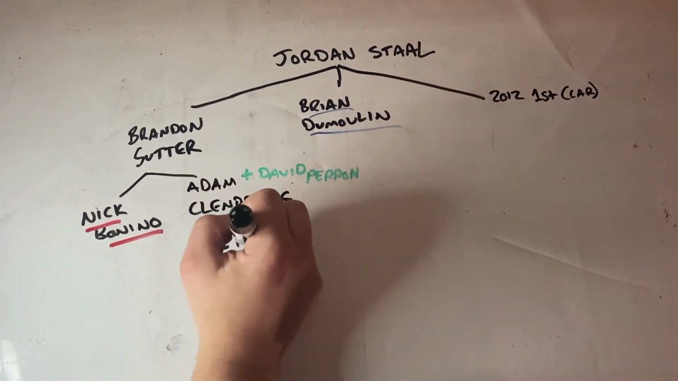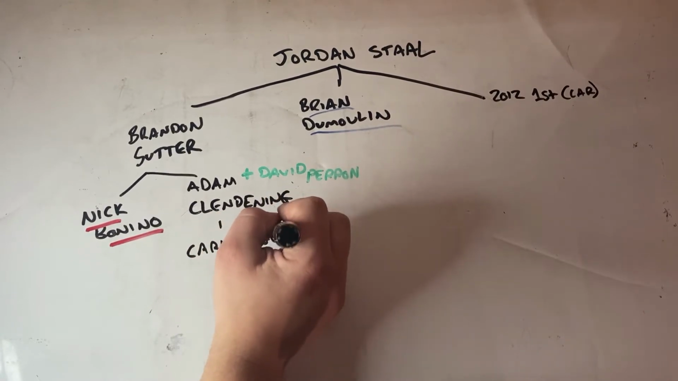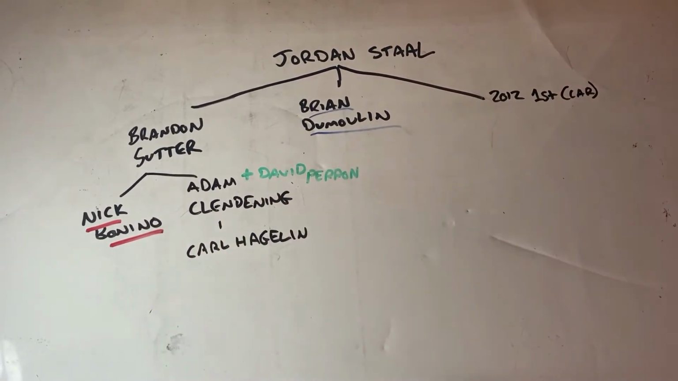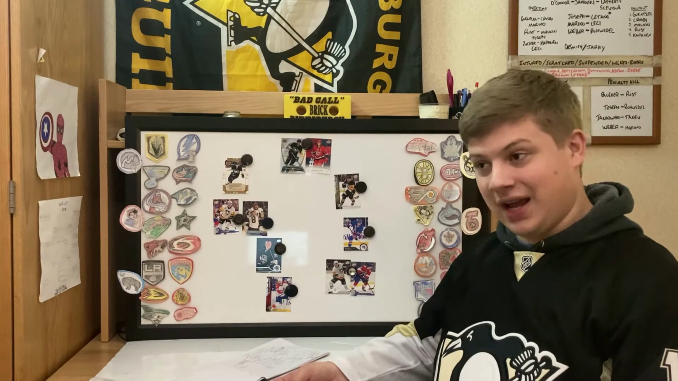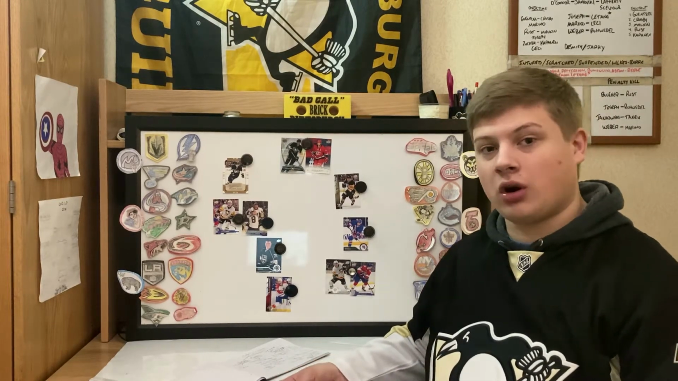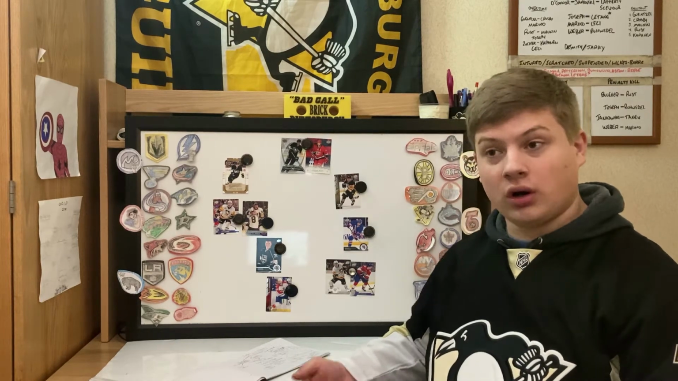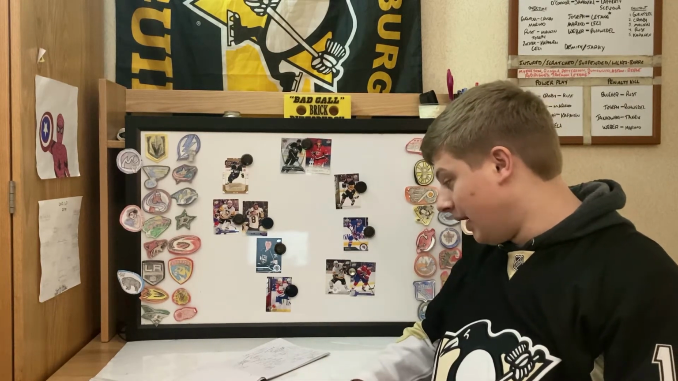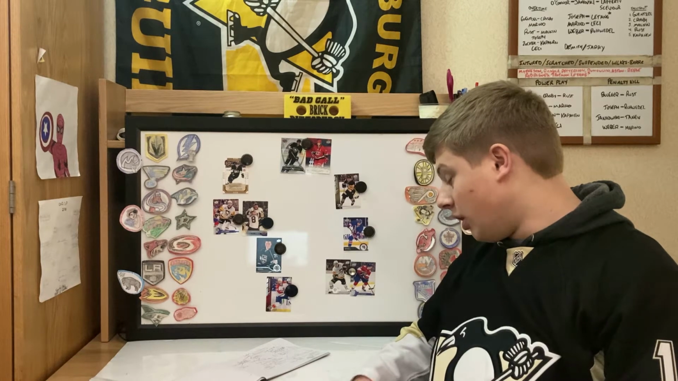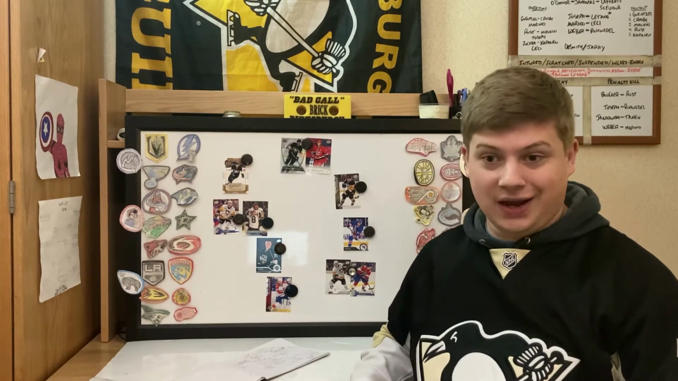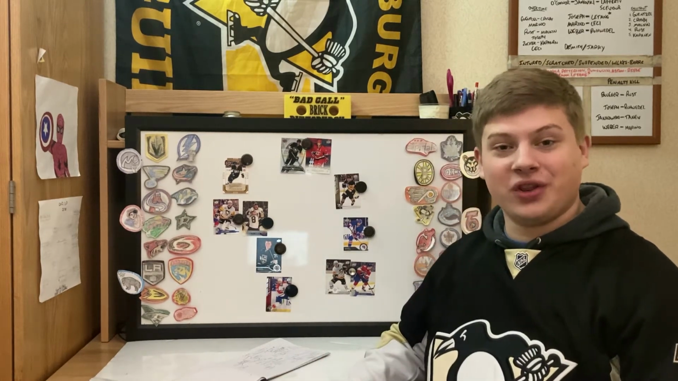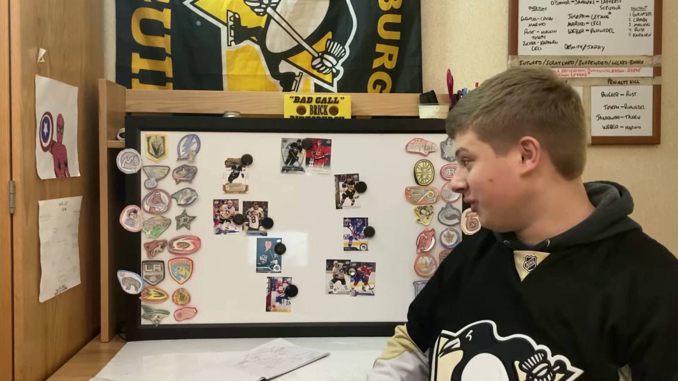And he was eventually traded to Anaheim for Carl Hagelin. So Carl Hagelin enters this trade tree, and again, it wasn't just Adam Clendening for Carl Hagelin. It was Adam Clendening and David Perron for Carl Hagelin. That trade happening on January 26th of 2016. Now, of course, Hagelin, again, was one of those key, crucial playoff performers for the Penguins,